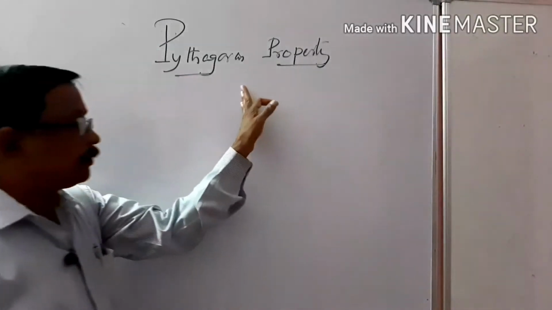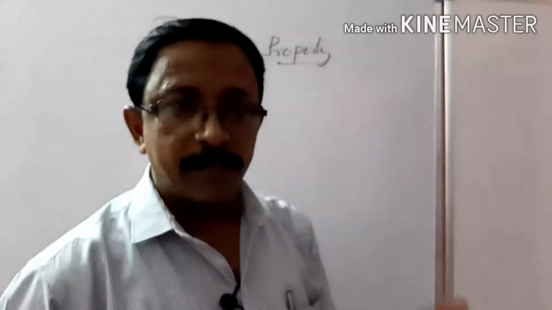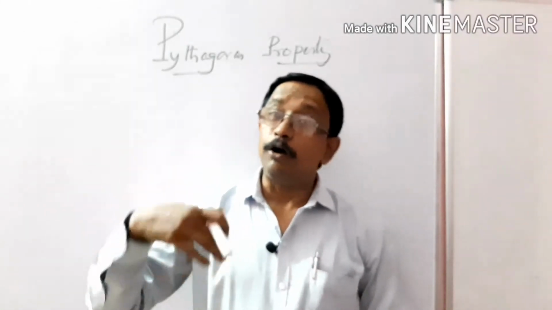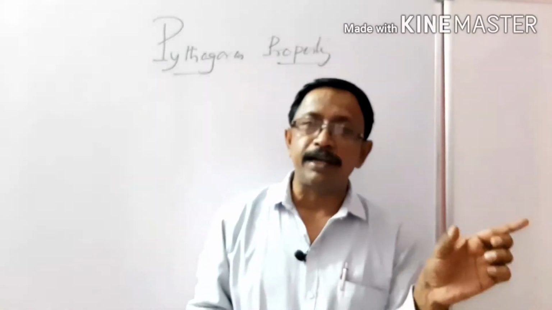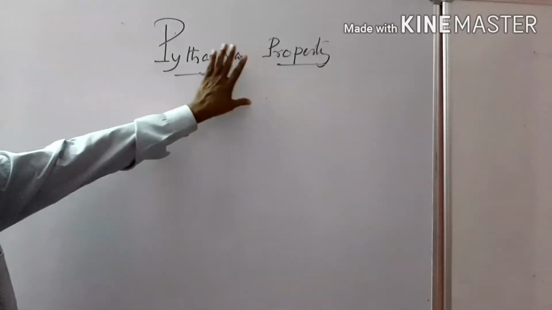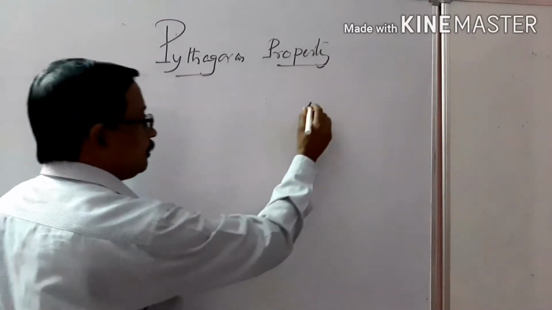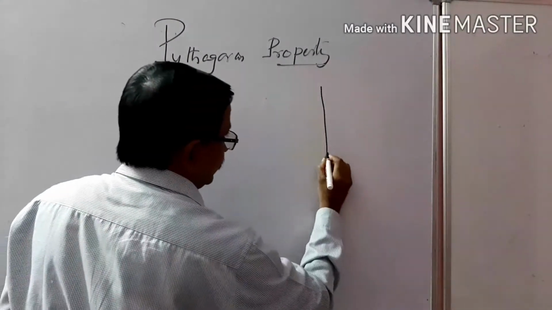Okay, and that one we can prove, but as you are students of class 7, I am not showing now how to prove it. That proof part you will get in class 10. Just I am showing what the property of that one is. This Pythagoras property is based on a right angle triangle.